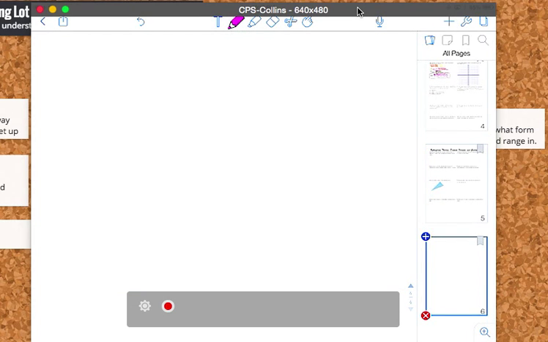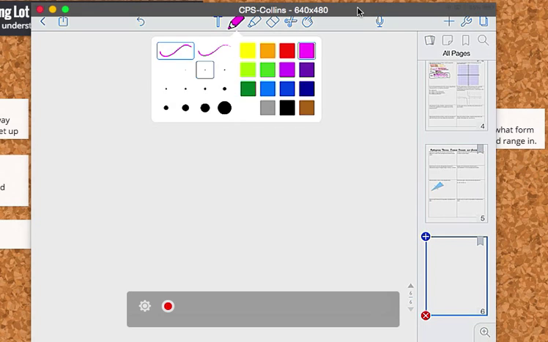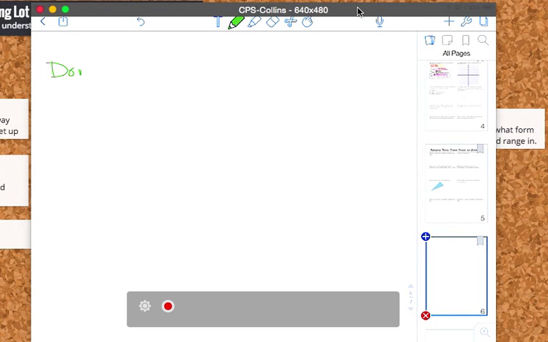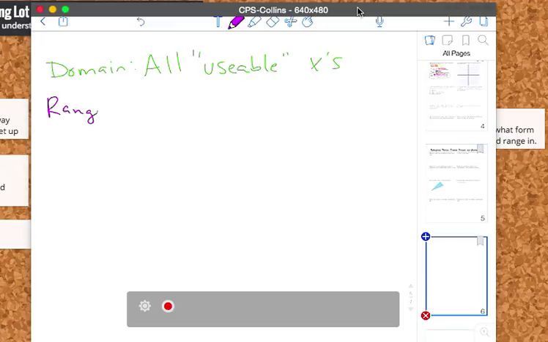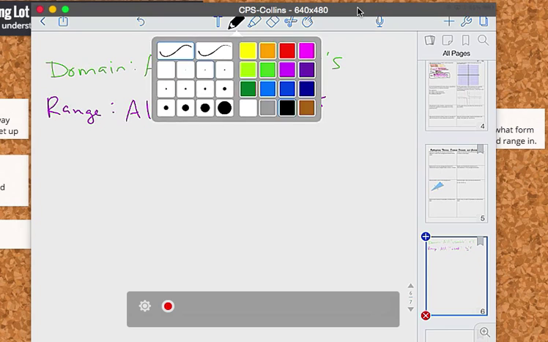Okay. And so to me, there's really three ways you can attack domain and range. But let's first establish this. If I'm talking the word domain, all I'm really talking about are all usable x's. And when I'm talking range, I'm talking about all used y's. And so what I mean by that is if you think about a function, any function,